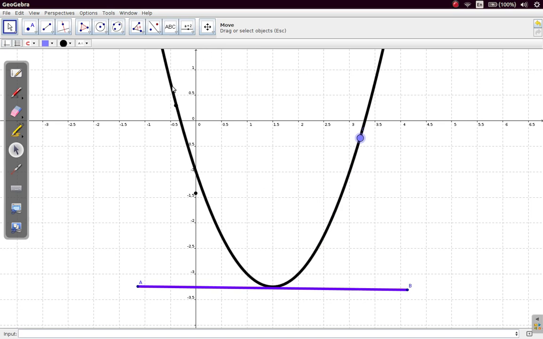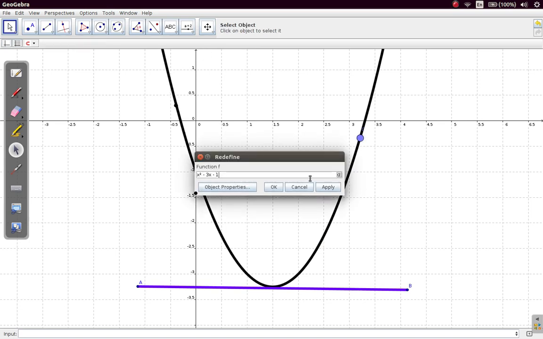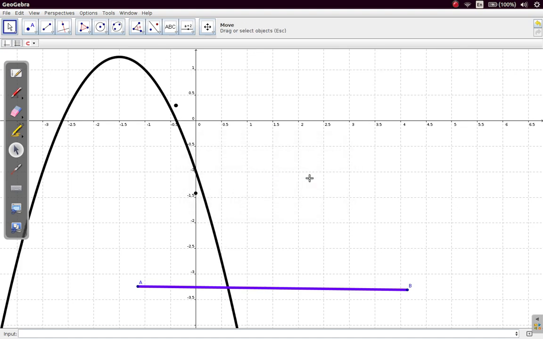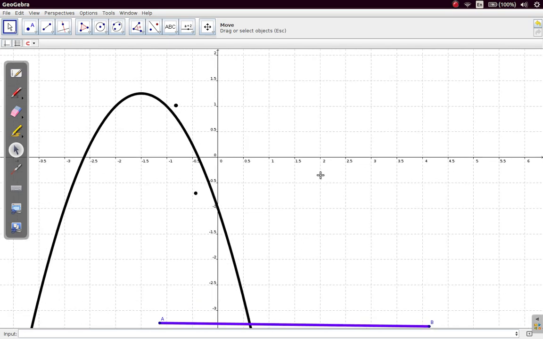Now, let's do some adjustment to this function. As we can see, this is a quadratic function where whenever you have the coefficient of x squared negative, now you get a maximum value instead of a minimum value. Now we have a maximum value, right? If you should move along this